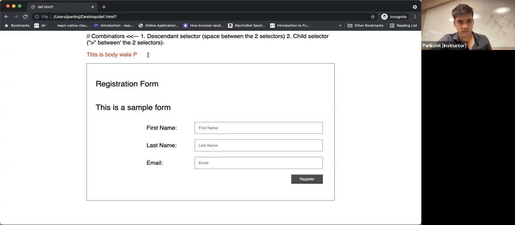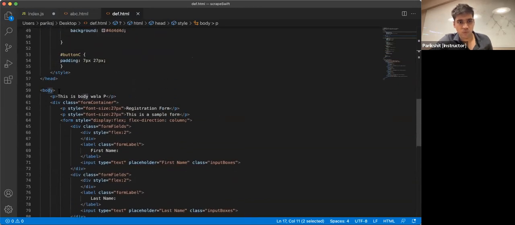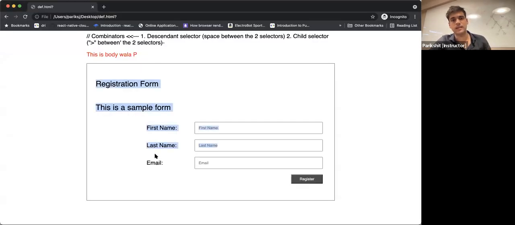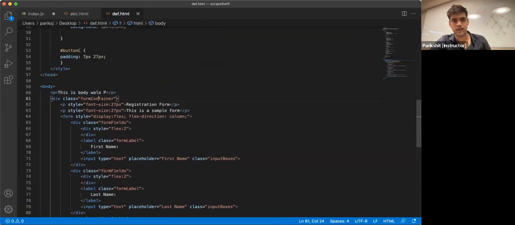ऐसा क्यों हो रहा है? कोड में देखते हैं। इस बॉडी के अंदर सिर्फ एक p है जो कि बॉडी के अंदर लाई करता है, बाकी जो p थे मेरे भाई वो फॉर्म कंटेनर के अंदर लाई करते थे, right? एक p यहाँ पे, एक p यहाँ पे, इसलिए उन पे स्टाइल नहीं लगा।